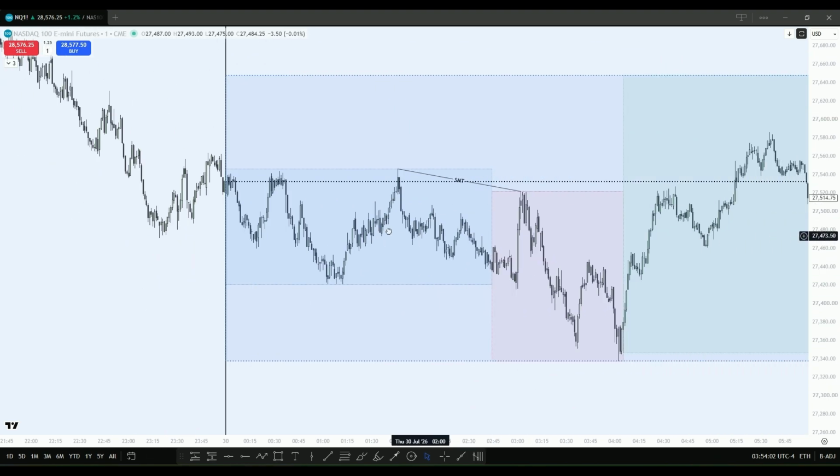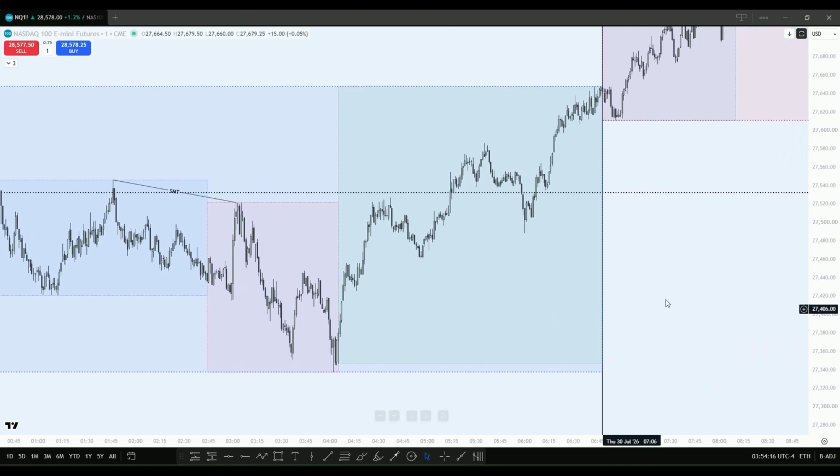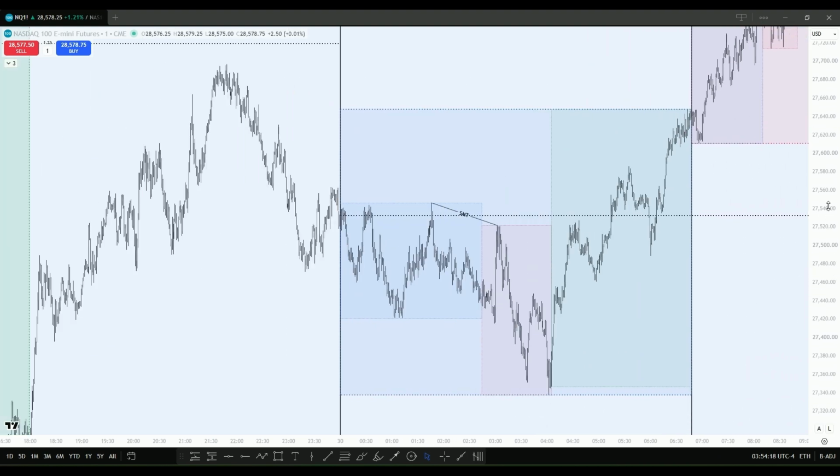Okay, so you can see how the logic is playing out here. Remember, very important, the SMT should be between two separate cycles. Okay, if it's within the same cycle, I'm not gonna trust it. Okay, very important. And another important thing,